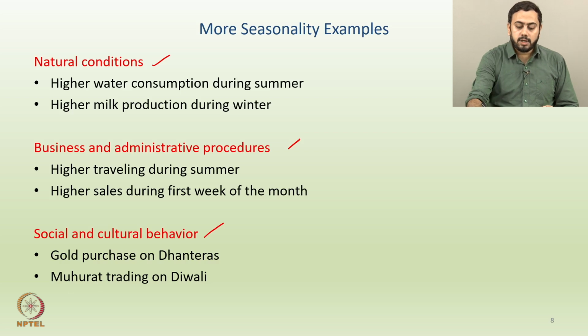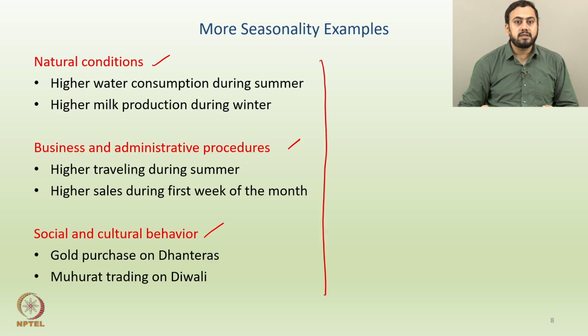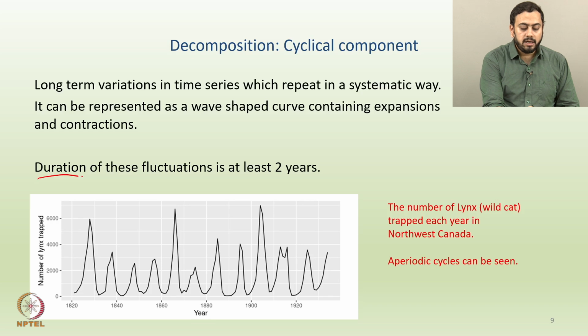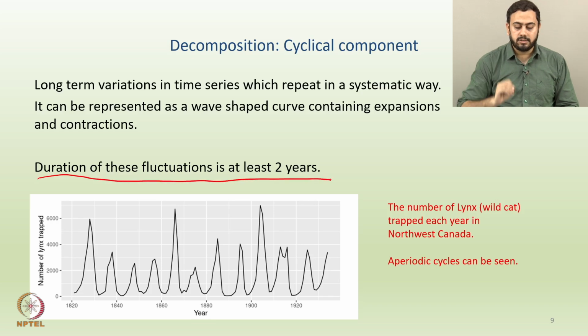Right? So if you understand, all these examples have certain underlying seasonality in place, but that seasonality could come from different sources: either natural conditions or business-related conditions, or some social or cultural conditions, etc. All right. So hopefully the idea of trend and seasonality is clear now. Now moving on, the next idea is cyclicality. As described, the time span or the repetition span should be at least 2 years. If you look at this sentence here, the duration of these fluctuations is at least 2 years. Okay.